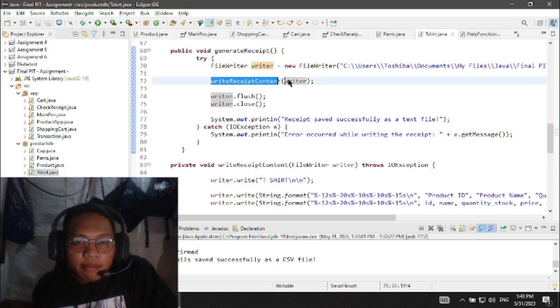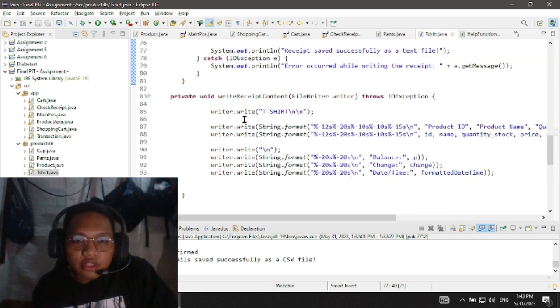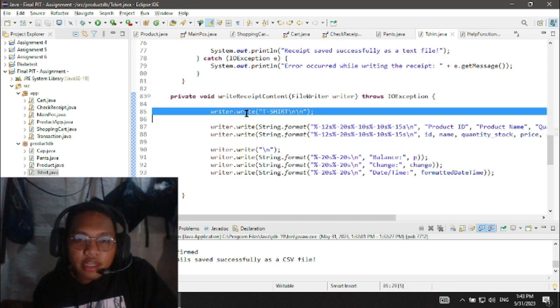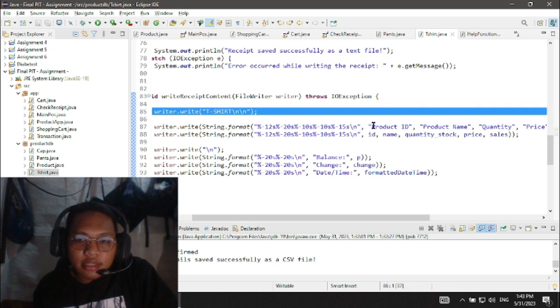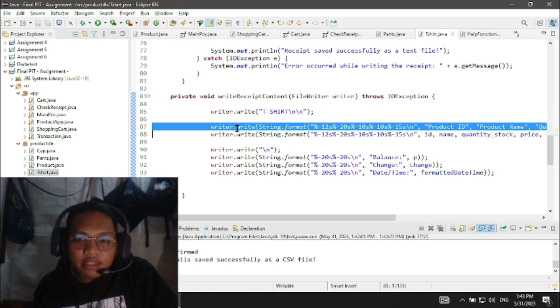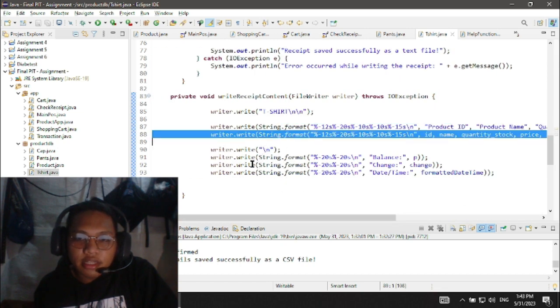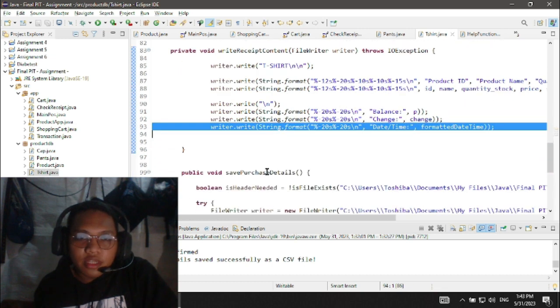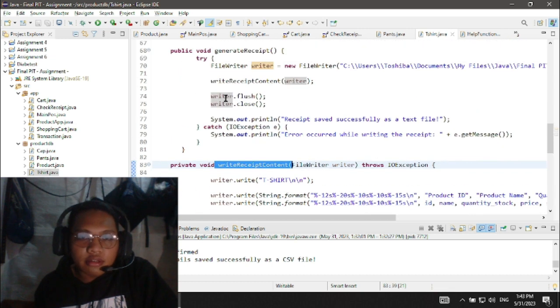So I made a method, write receipt content. This is the content of the method. We have the title of the product, the product fields and its variables, and then the balance, change, and the date and time. This will get called in this